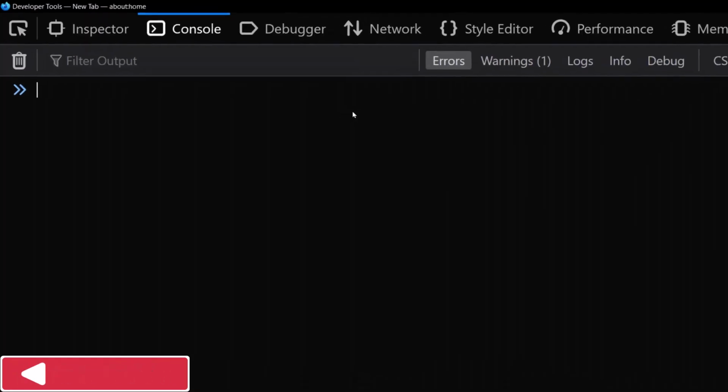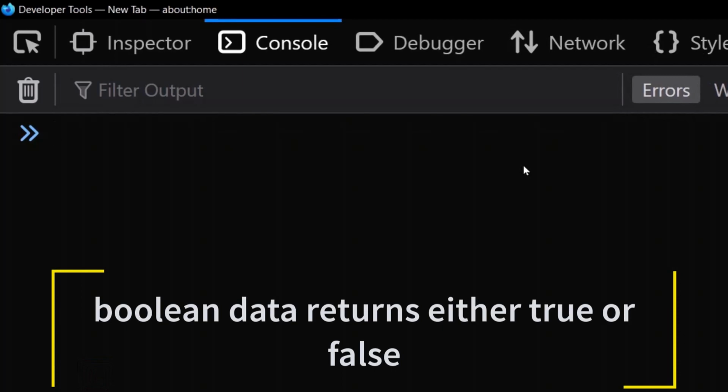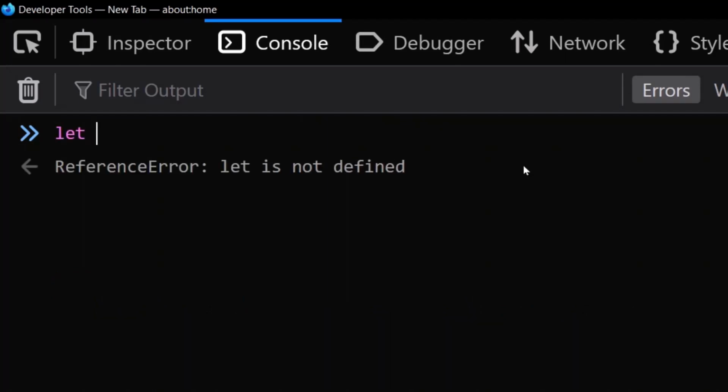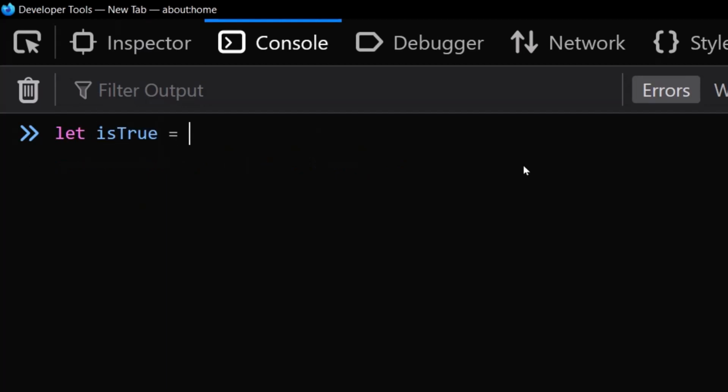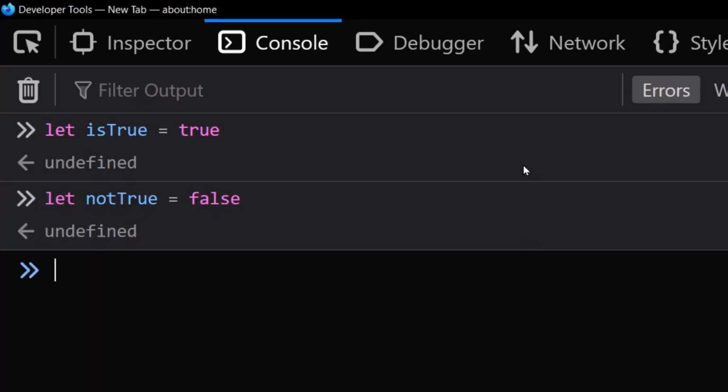Now let's begin. Beginning with the boolean data type, it is just a matter of true or false. To declare a variable of data type boolean, we can use any of our keywords, and I will say is true as the name of my variable, and I will just assign true. I can also create another one and say let not true equal to false. So if I call typeof, in brackets, is true,